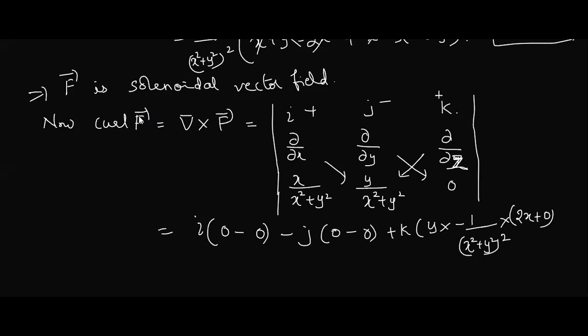Am I correct with this? Is this term clear? Yes, ma'am. Okay. Minus. Now again take here. So just take the derivative of this term again with respect to y. Again, quotient rule or direct? Direct again, correct? Because x is constant. The u by v rule will give the correct answer only. That will also give you the correct answer, but you are making it lengthy.